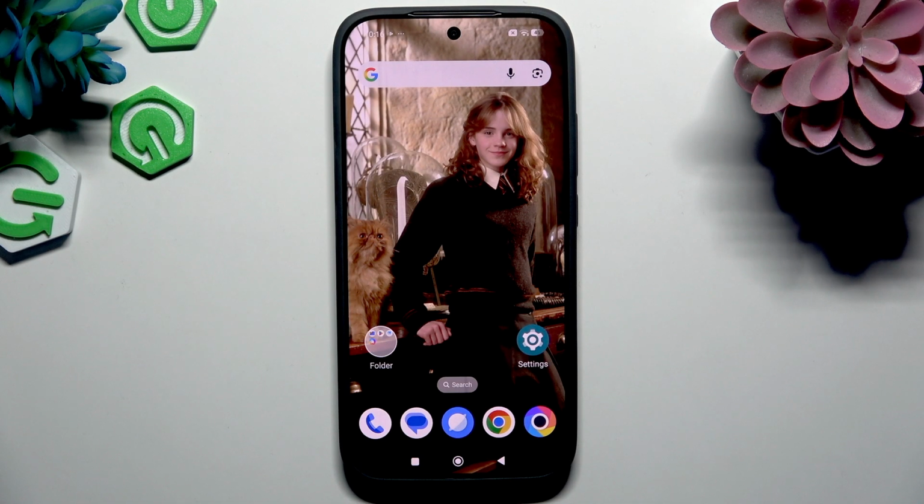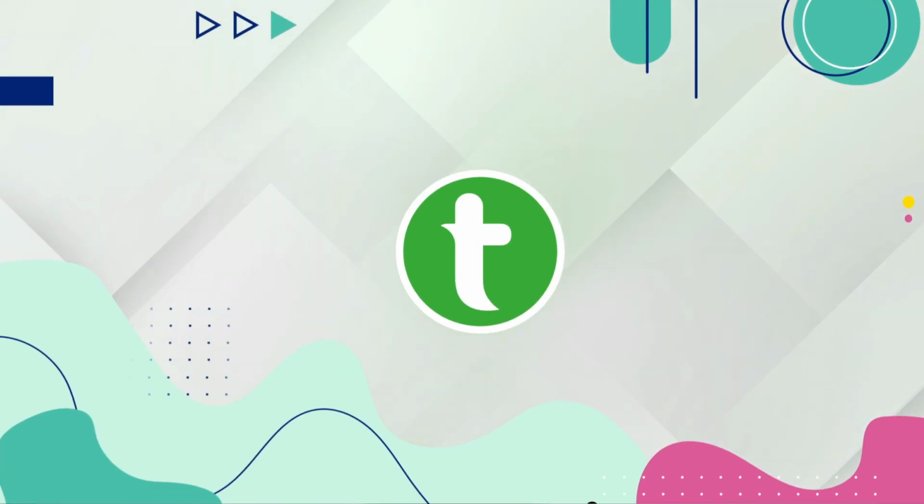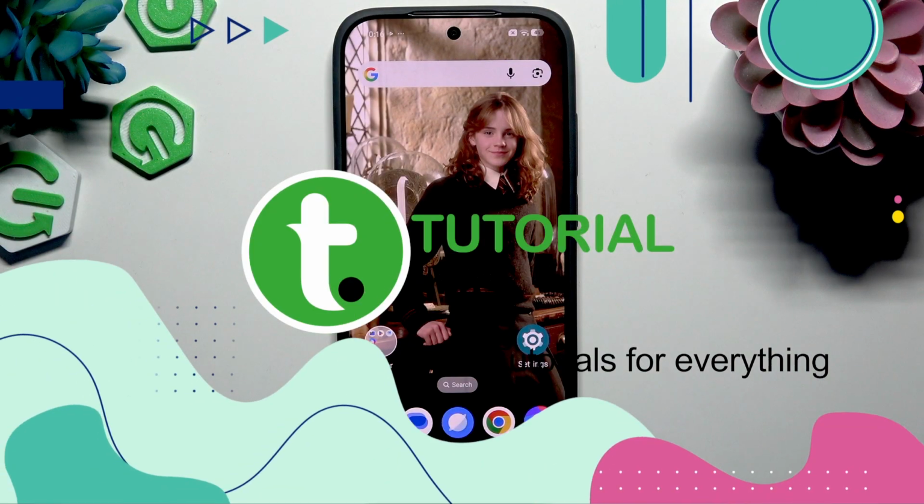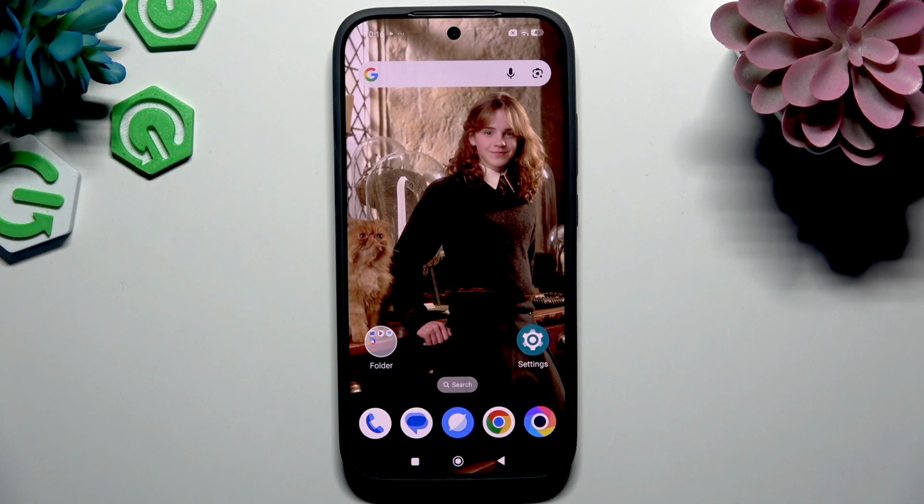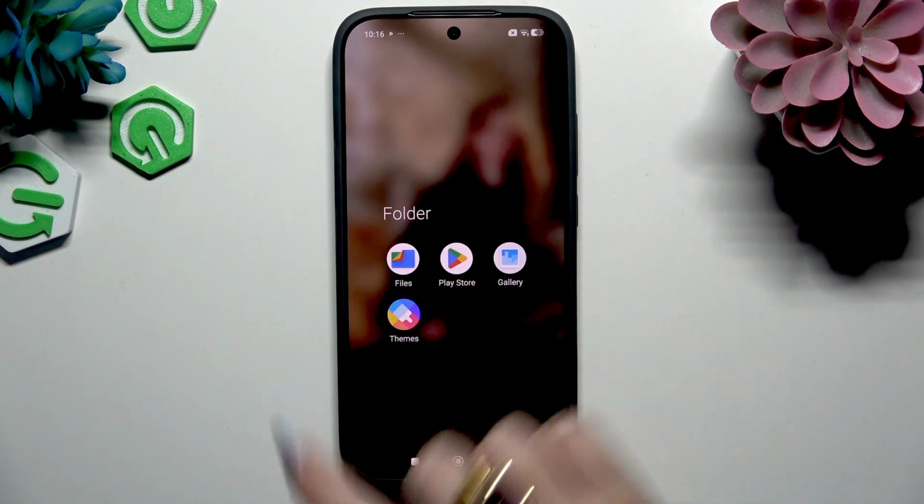In front of me is POCO X8 Pro, and today I would like to show you how you can change font style. First of all, you need to open an app called Themes